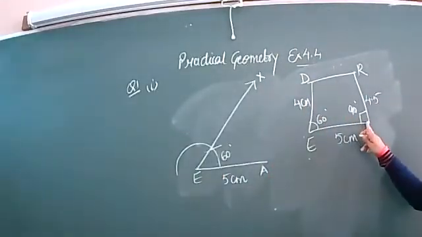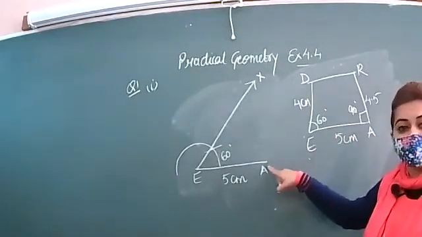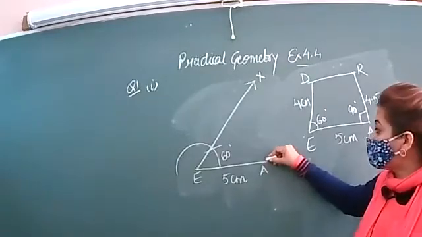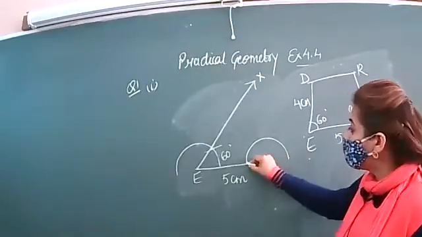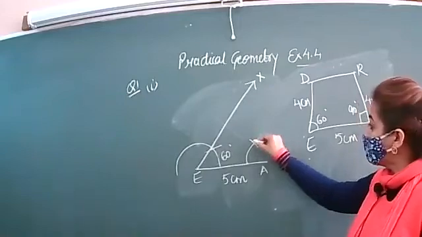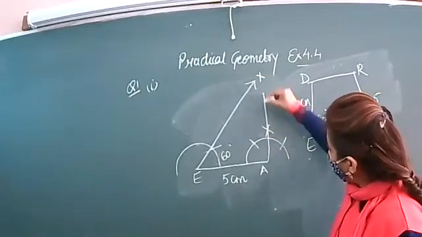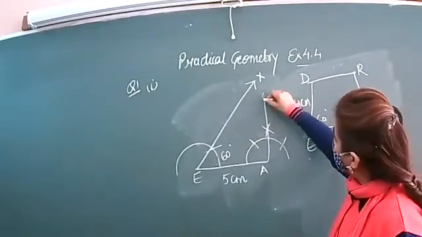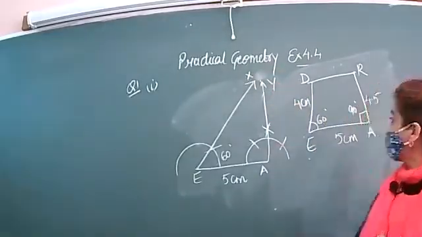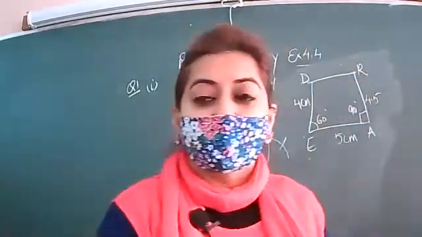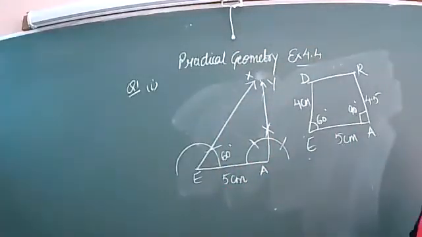Draw 90 degree at A. Yes, the next step is we have to draw 90 degree at A. Again, in the same manner, you will draw a semicircle here from A of any radius. If you put the first arc, this will be 60 degree. The second arc will be 120. Make half of this. This will give you 90 degree. Got it? So let's extend this line and give it the name Y. Is it okay? Tell me the next step.